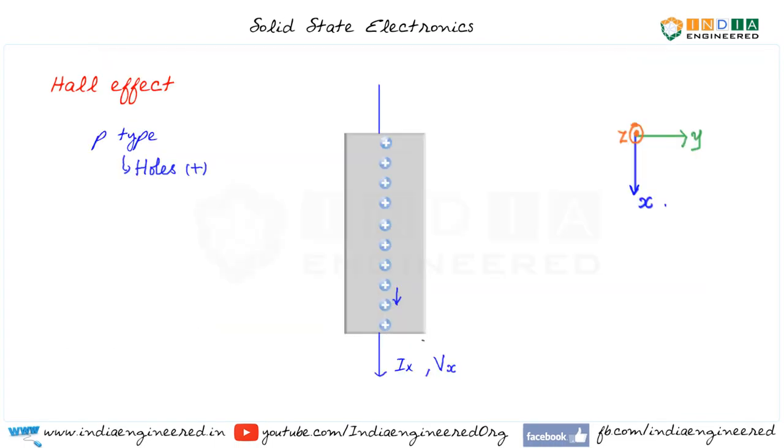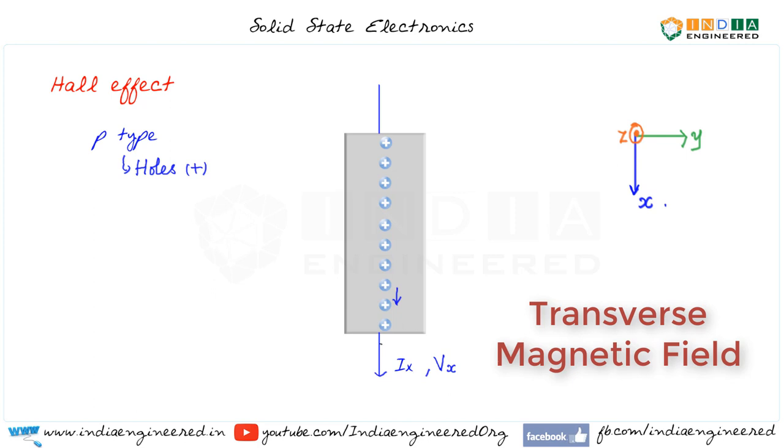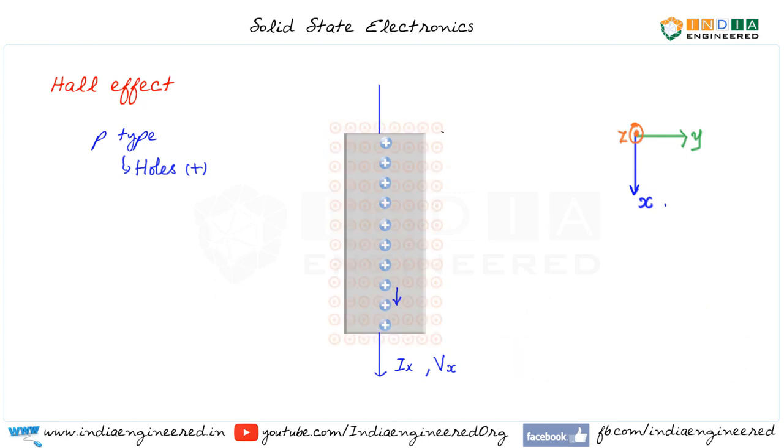Now let's see what happens when we apply a magnetic field that is perpendicular to the current flow, that is along the z direction. You may be familiar with this convention, that is the dot that points towards you means that it is coming out of the plane and towards you. So we have a magnetic field towards you. With this magnetic field, the charge carriers will experience a force and tend to accelerate towards the left hand side or along the minus y direction.